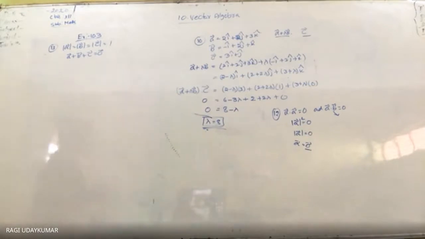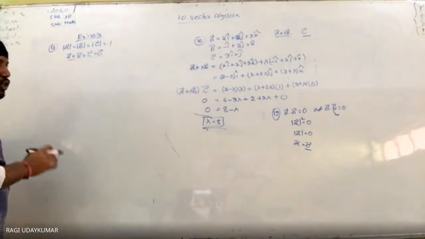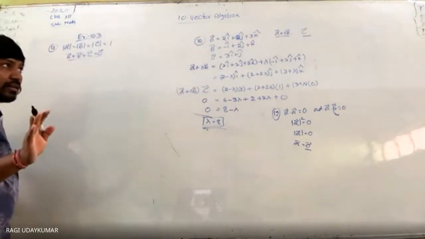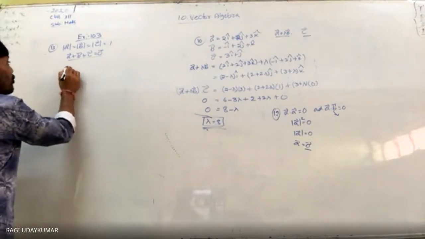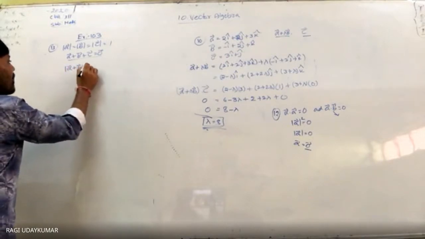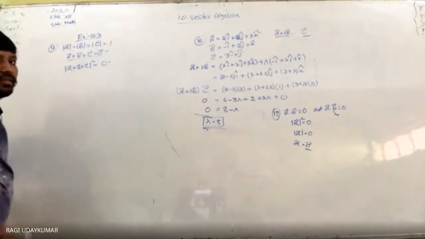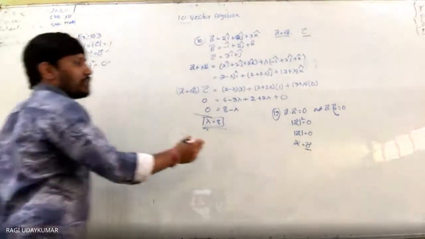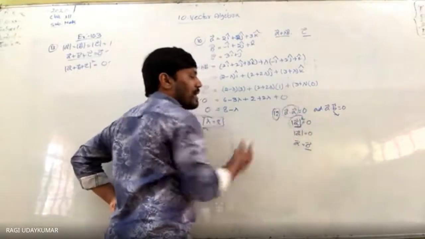So now here, whenever it is given to you that the sum of these three vectors is equal to the zero vector, what do you get right here? The magnitude of a bar plus b bar plus c bar, whole squared, is equal to 0. Here it is a vector, here it is a scalar, because the magnitude squared is taken into consideration. So here you see the magnitude of a bar squared is equal to a bar dot a bar.